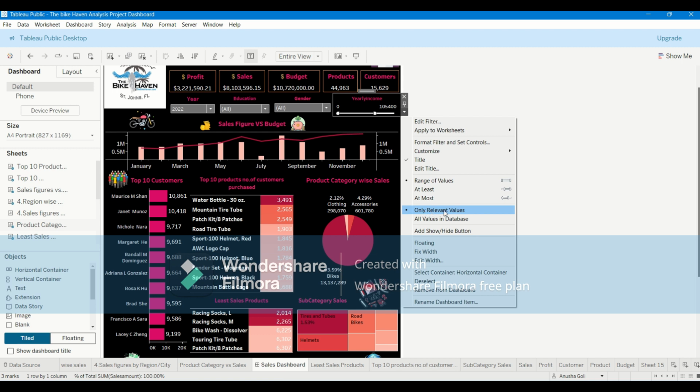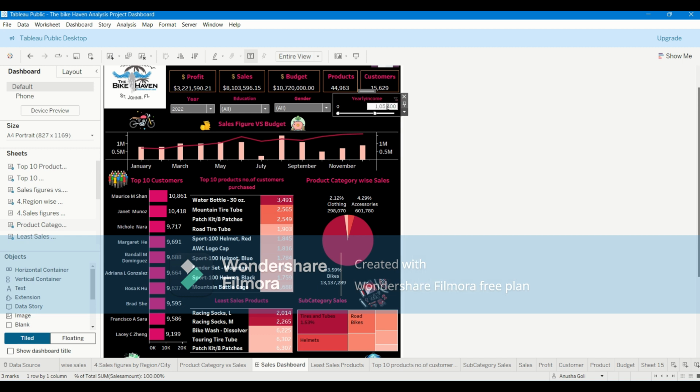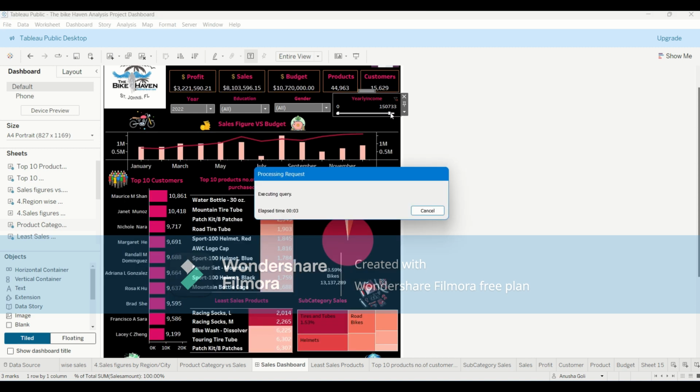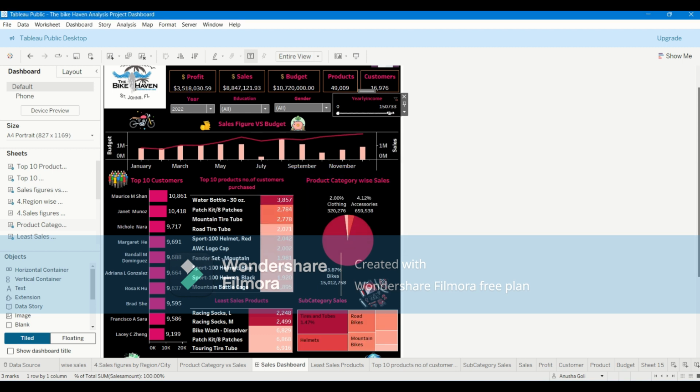And also we have to select only relevant values. And I have changed it from maximum to 1 lakh 50,000 salary up to that yearly income. What are the sales percentages by each of the graphs? We could see that